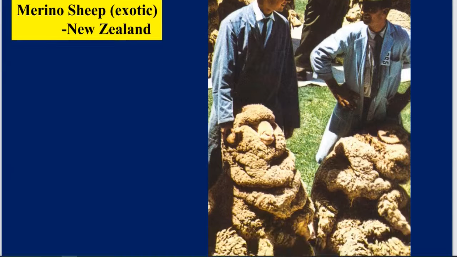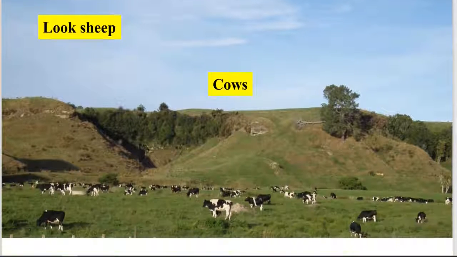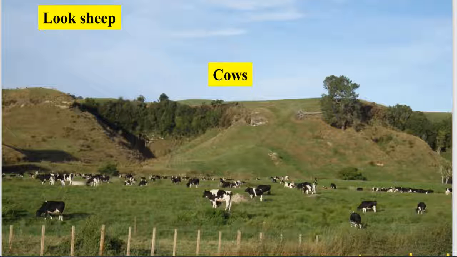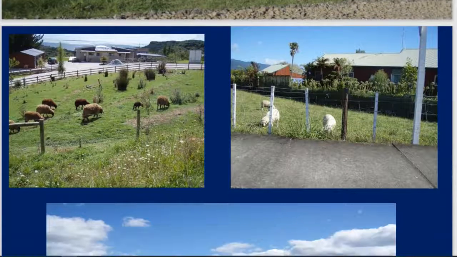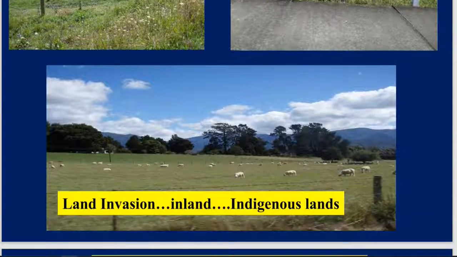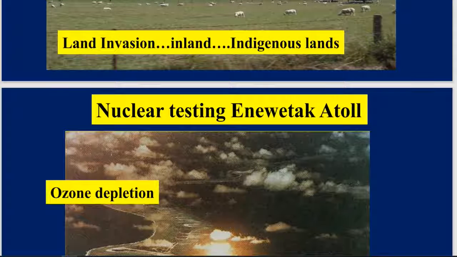Merino sheep. It's the weirdest looking sheep in the world. It's from New Zealand. If you recognize the word, you'll be able to do a multiple choice on that. And of course, they have sheep and cows on both islands. Actually, the white sheep is a native, and it's a very popular export for both countries. And that's the end of this segment.